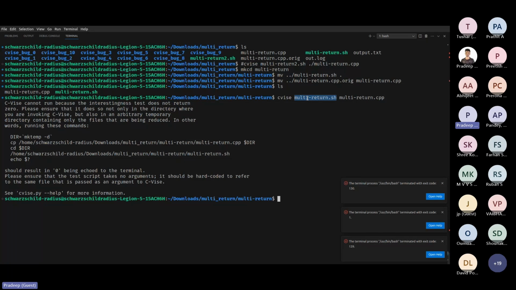So whenever it returns a 0, it means that the variant is an interesting test case. If it returns anything other than 0, it's a non-interesting one. So what here it says that it should result in 0,